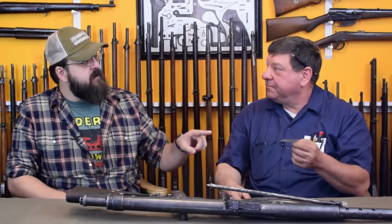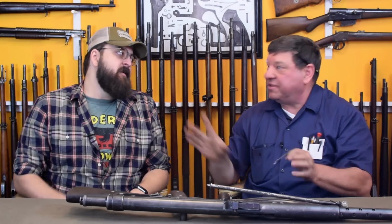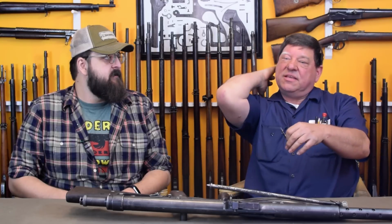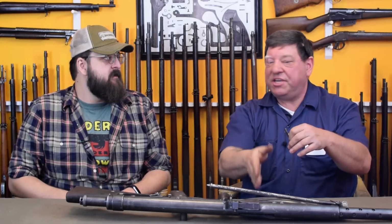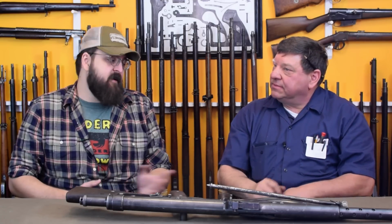But this entire part, the only thing it does is let the last round feed. Ensures the last round, yeah. Once the last round goes in, as the Tomahawk's coming forward to shove it into chamber, it denies the rear end the opportunity to get out of the way. And it sounds like not a big deal, but the problem is without that control, you